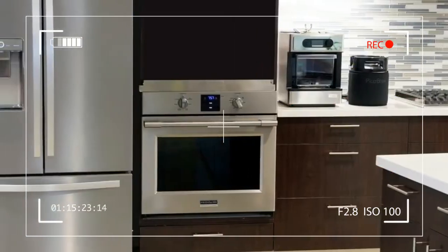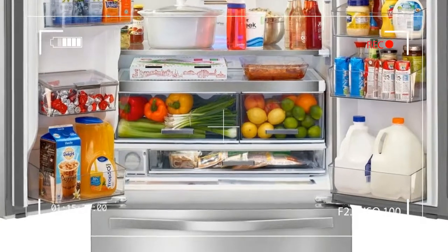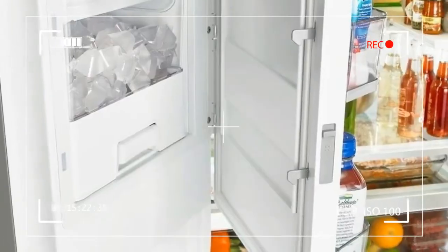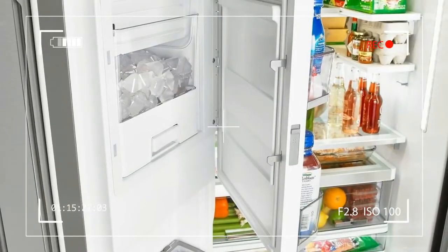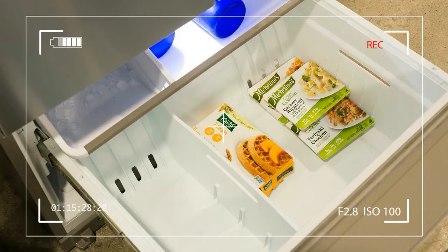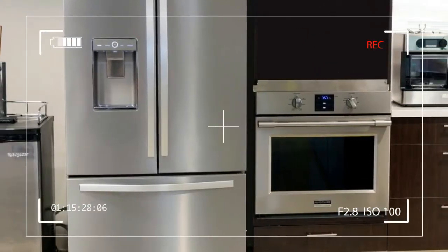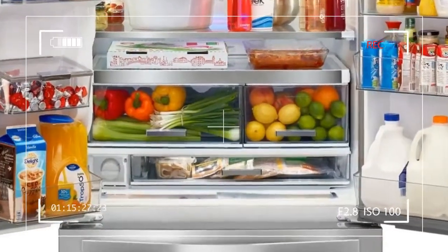In other words, there's no such thing as merely glancing into this behemoth. It packs all sorts of nooks, crannies, and cubbies capable of holding enough food to feed a small football team. To see just how Whirlpool's French door refrigerator fared with daily use, we stuck it in our office kitchen for a few weeks and gave it a proper whirl. Here's what we found. Void of any extraordinarily advanced tech outside of a companion smartphone application,